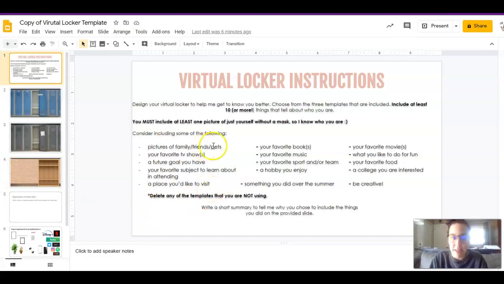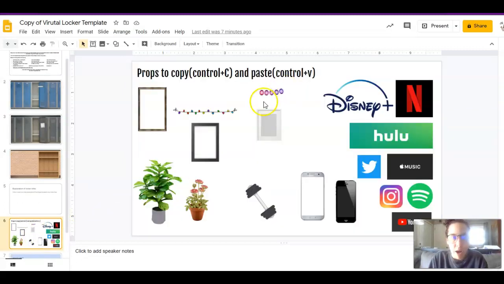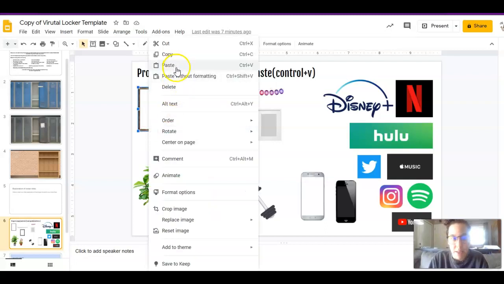So I've listed some things that I want you to include. You can put some pictures of family and friends, favorite TV shows, favorite movies or music or sports teams, hobbies, anything. The list kind of goes on of what you want to include. And so you're going to choose your template. If I wanted to use the blue lockers here, I have included also some props that you can use also. So if you wanted to put a picture of your pet in there, you can